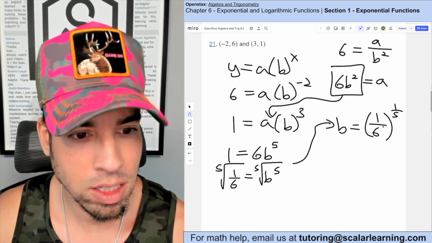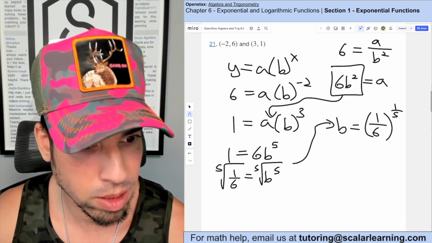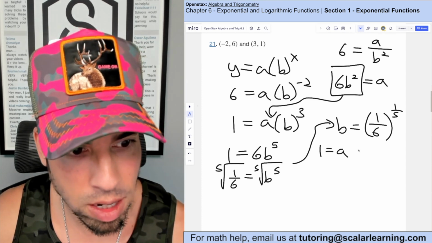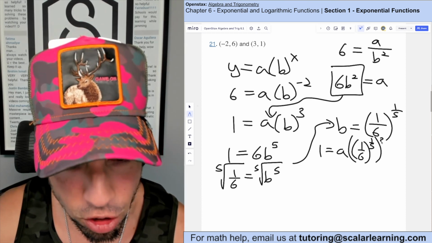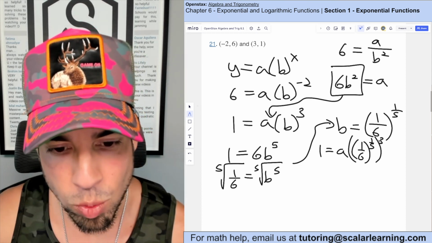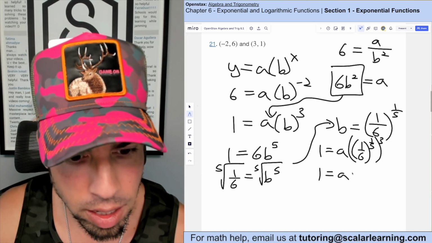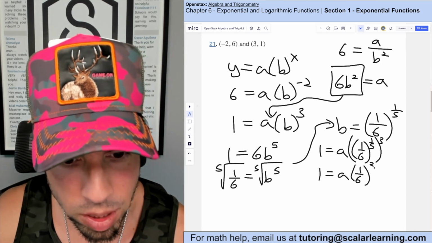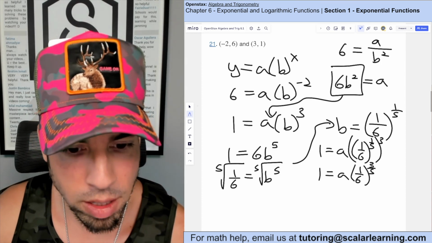Okay, and if I know that this is b, I can figure out what a is by plugging into either of these equations. Let's plug it into this bottom one. So I have 1 equals a times 1 over 6 to the 1/5 power, and this whole thing is cubed. So now with the exponent rules, I distribute that 3 to that 1/5. So I have 1 equals a times 1 over 6 to the 3/5 power, which means a equals 1 divided